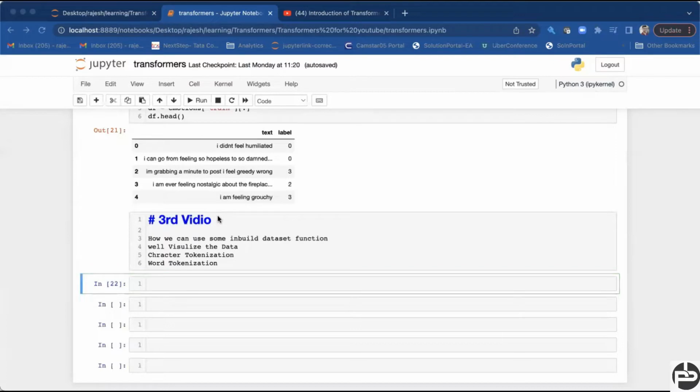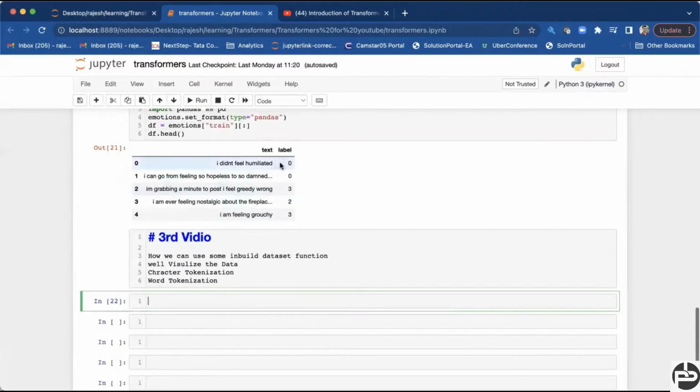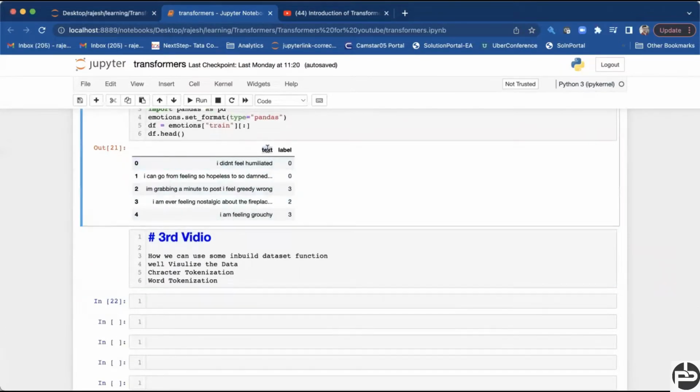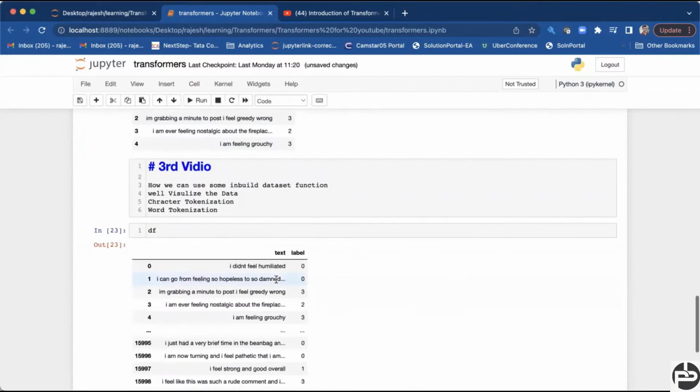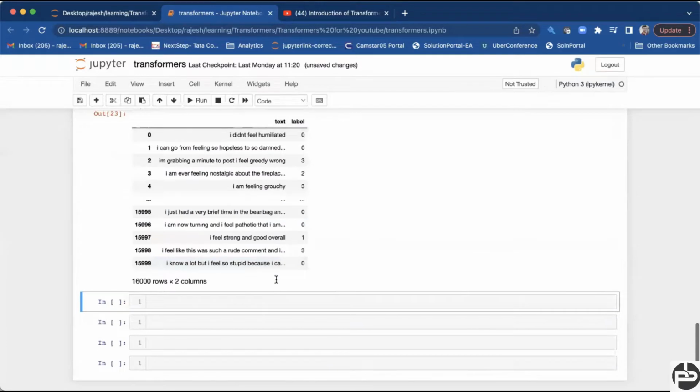First, we have a dataset which we have converted into a DataFrame. Let me see. Okay, it's uploaded, I have not closed this. You can see there are two columns: one is the text column, another is the label column. The label is already label encoded, but we are not able to understand what the label is identifying. What is 0 specifying, what is 3 specifying, what is 2 specifying? In order to do this,